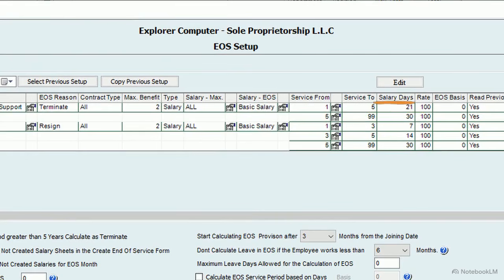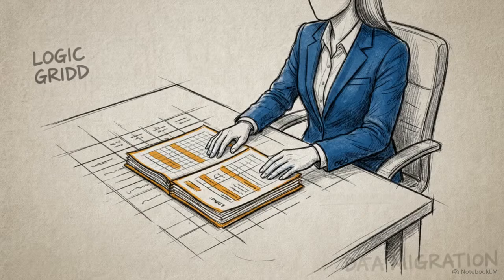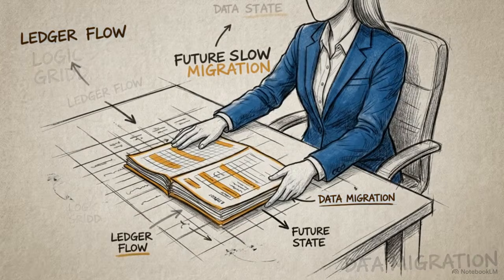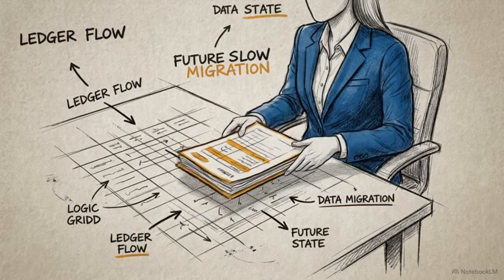Next is the salary days column. This defines the exact metric of pay awarded per year of service within that specific bracket. Here you can compare the static 21 and 30-day payout rates used for termination against the escalating tiered rates used for resignations. By accurately mapping these service brackets to their corresponding salary days, the system's logic completely replaces manual HR